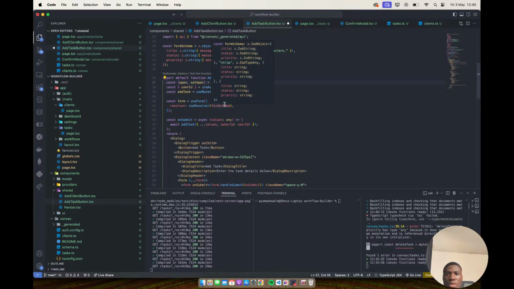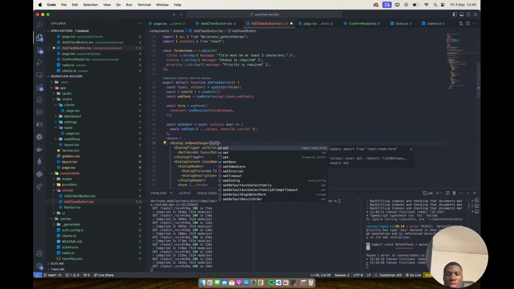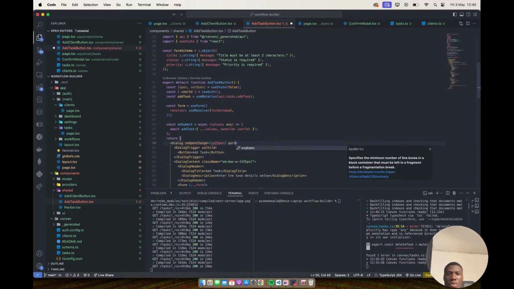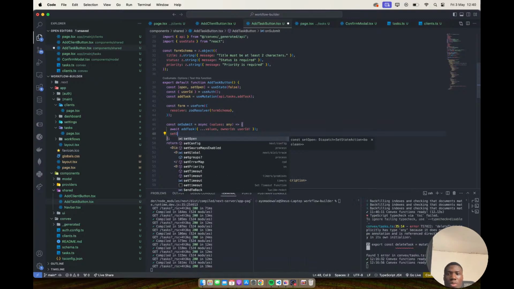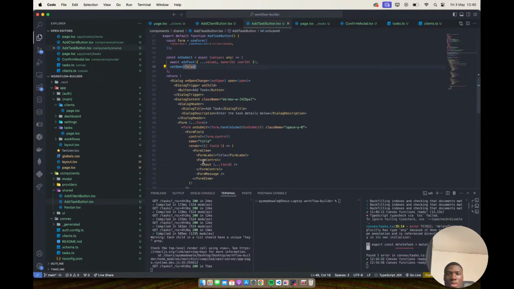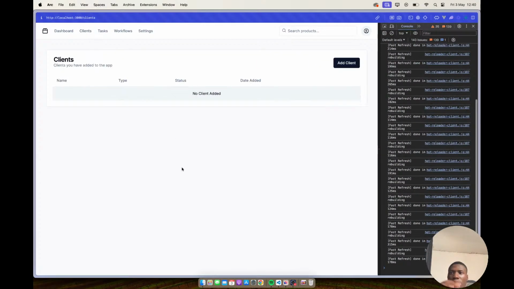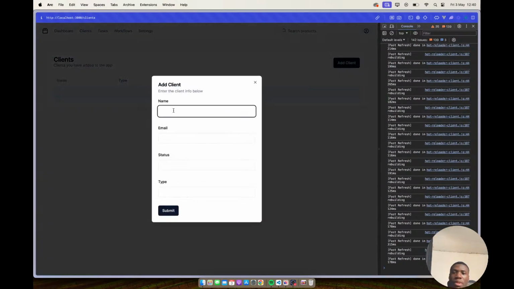So we have the useState, and then we have the onOpenChange to the setOpen and open to be just open, and then I have the setOpen to be false in here. Right, good. So if we go back here and we go to client, we have no client, but now we have